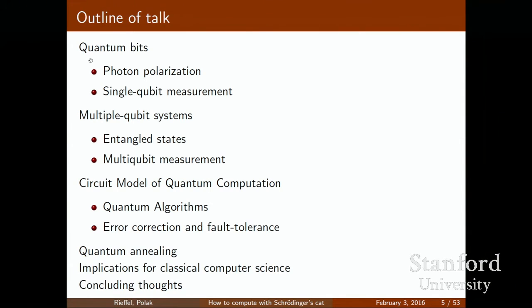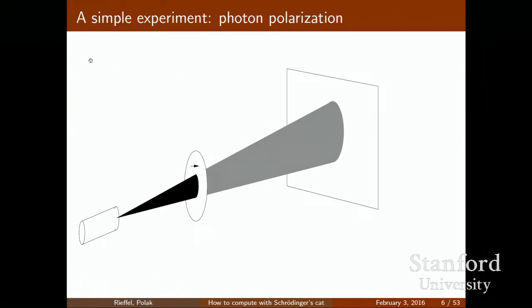So we're going to go into quantum bits now, and I'm going to first talk about photon polarization, which might not seem very relevant, but I want you to see right at the start that photons are one way of realizing a quantum bit, a qubit. And so the properties we talk about here for photons are what you'll need to understand quantum bits.